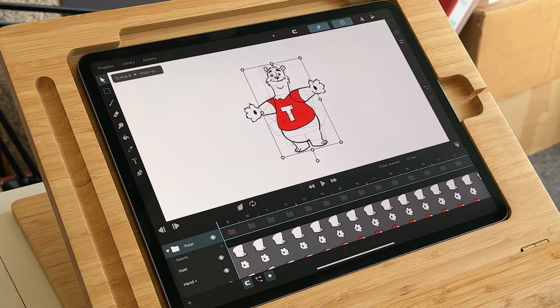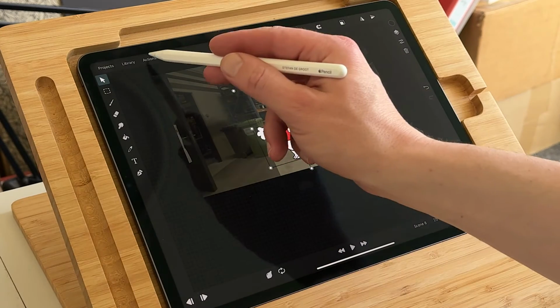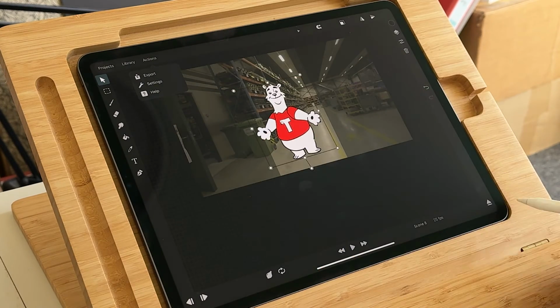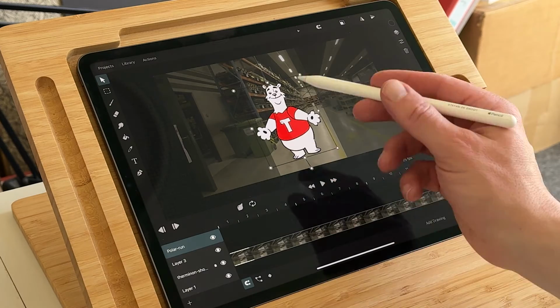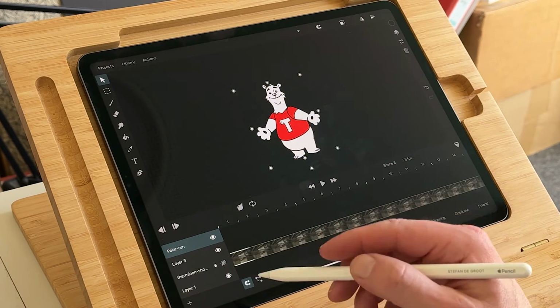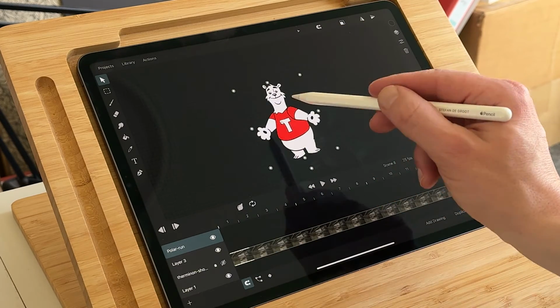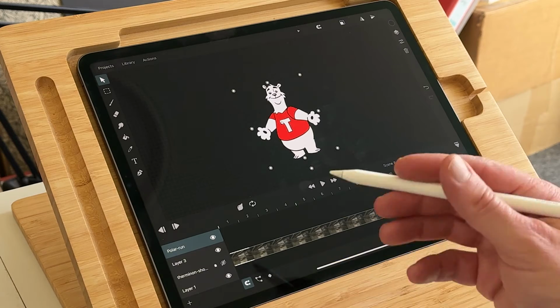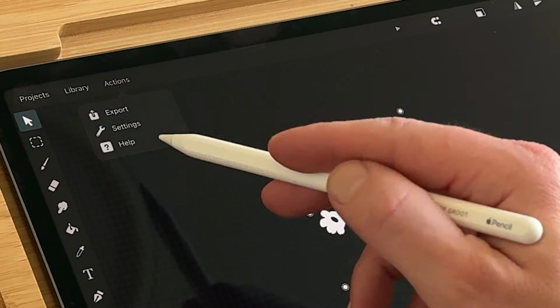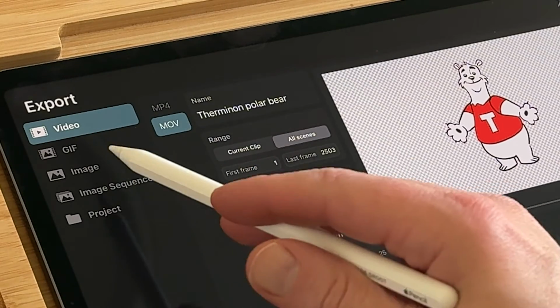The company also wanted to have all of the animation with an alpha channel, and first you couldn't do that in ToonSquid, but now you can. So when you go to actions, first you need to select, if you want to do this animation, turn off the background, otherwise it will also render the background, and you just want your character or the animation with an alpha channel. So go to actions, export, and then select video,